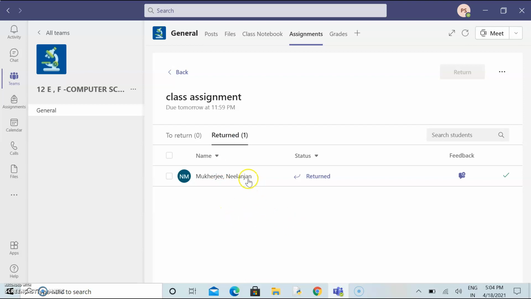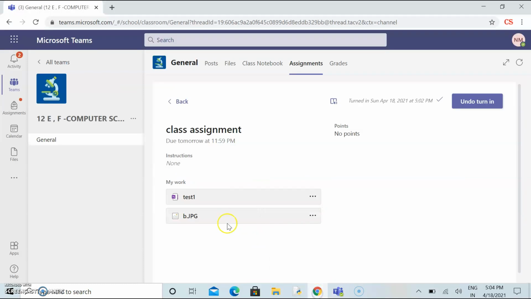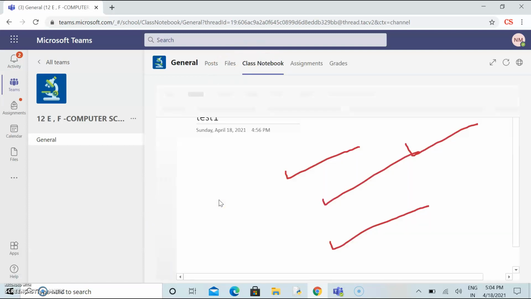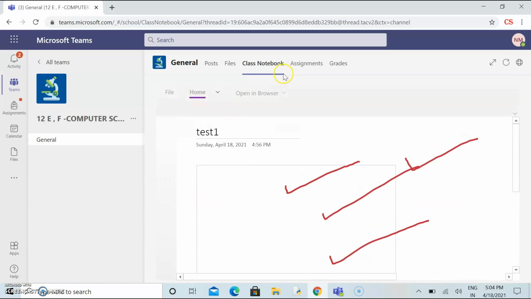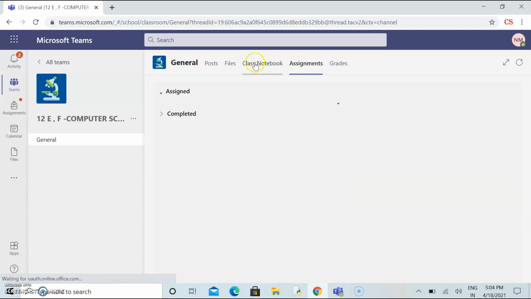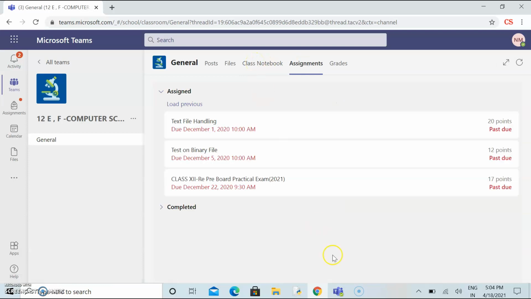The teacher has to tell the student that whenever the student is attempting the assignment, then he has to go to the assignment section and upload the same document in the assignment part also, and in the class notebook also he has to upload that assignment so that the teacher can check. The teacher will get the notification through the assignment tab, and the teacher can check through class notebook also.